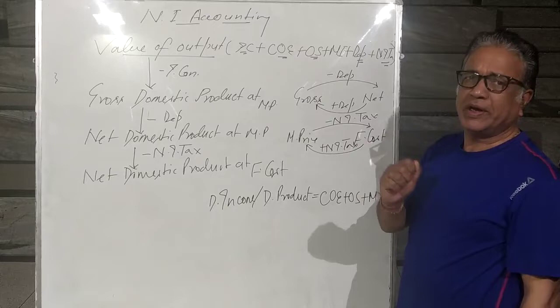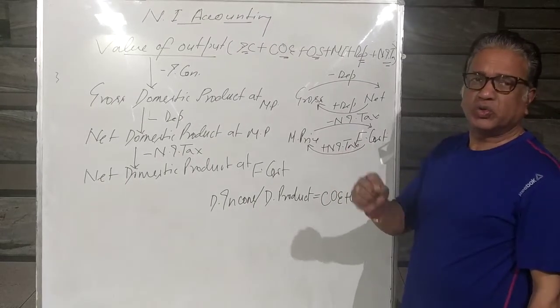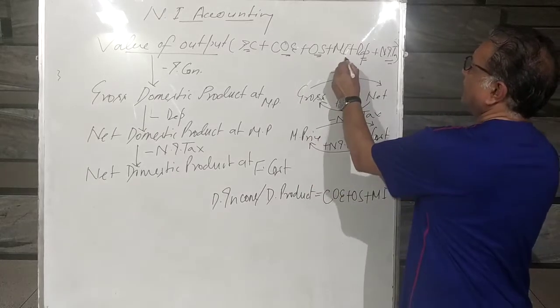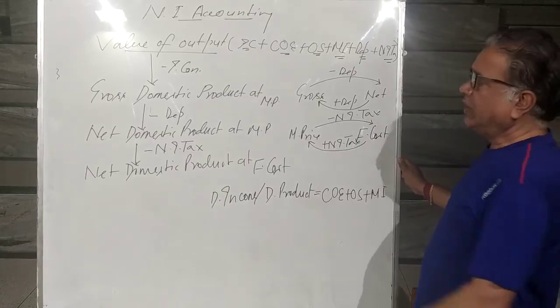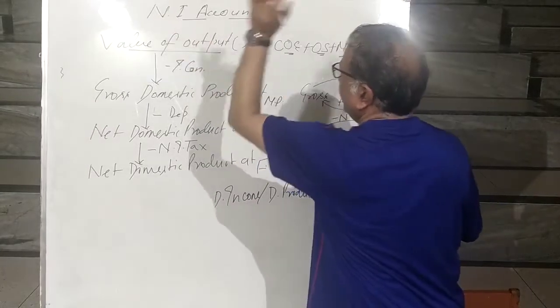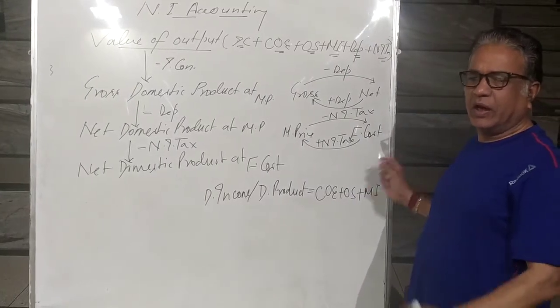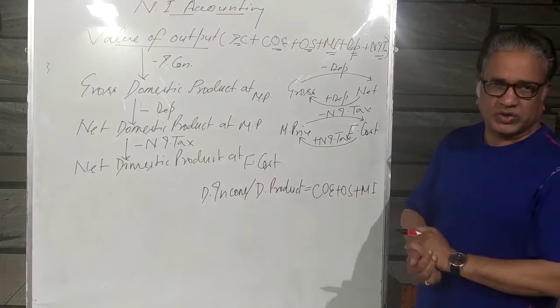And in unincorporated enterprises or self-employed enterprises, because they do not maintain the balance sheet, their income is calculated in the form of mixed income that we discussed already in the previous video. Now once you calculate the total value of goods and services produced, from this you have to subtract the value of intermediate goods.